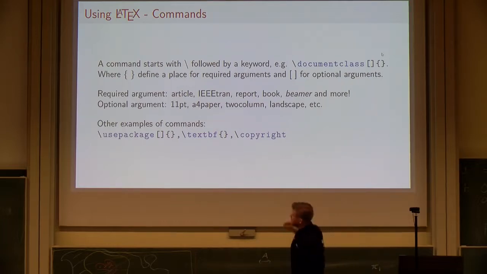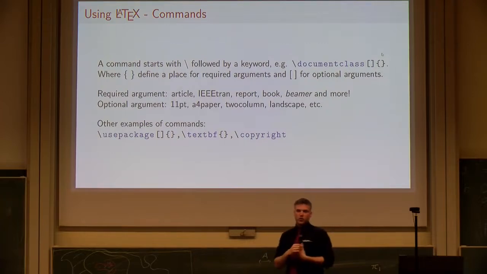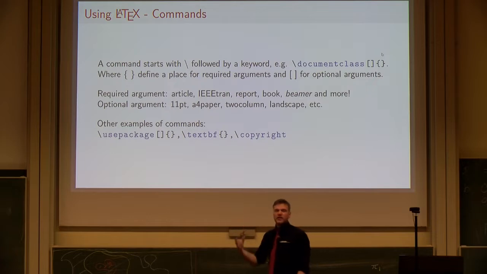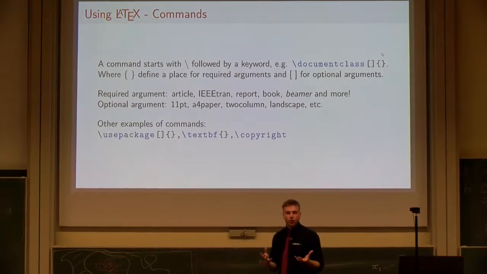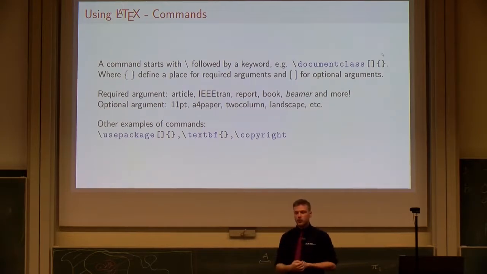The document class is one of the first commands that you will see in your document, and this basically displays the main formatting rules or the fallback rules of that document. So I can have, for instance, an IEEE trans. That's a certain report that follows rules that are specified by the IEEE organization. It actually has a lot of rules that we as electrical engineers kind of stick to when we are writing scientific articles. I can just import that with my document class and have the main body already follow a lot of the rules of IEEE.